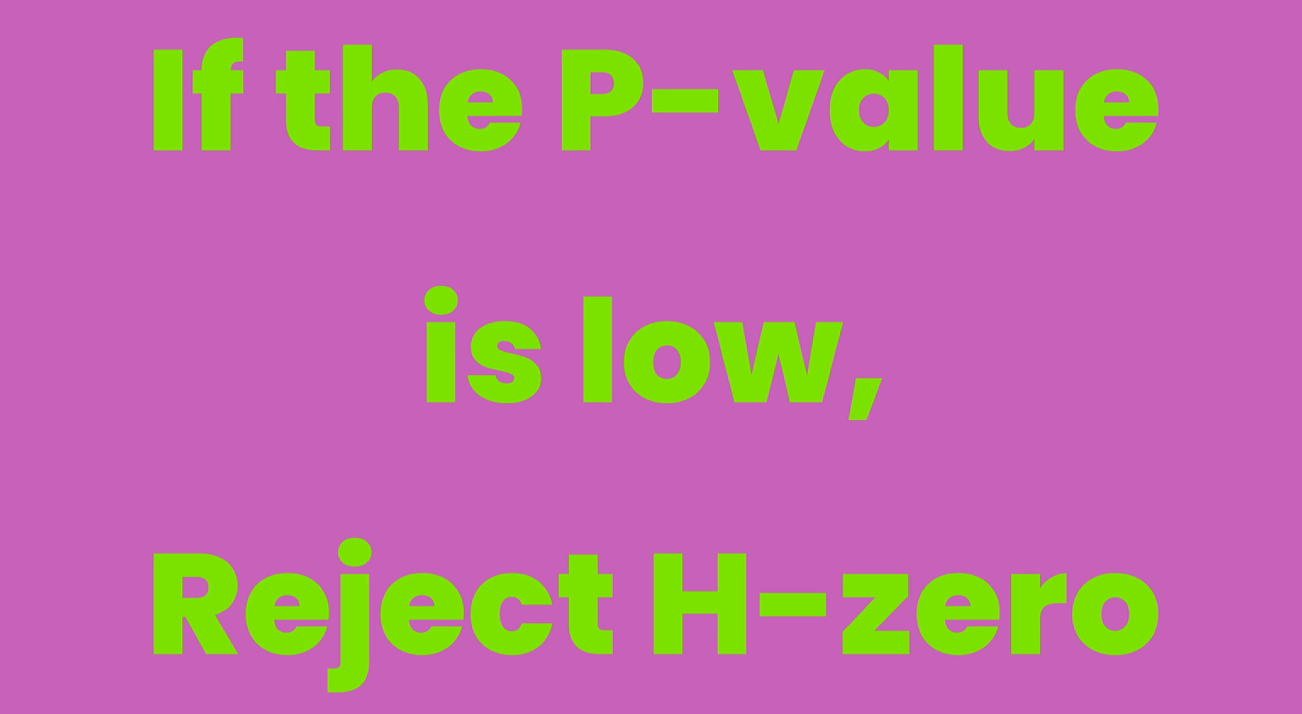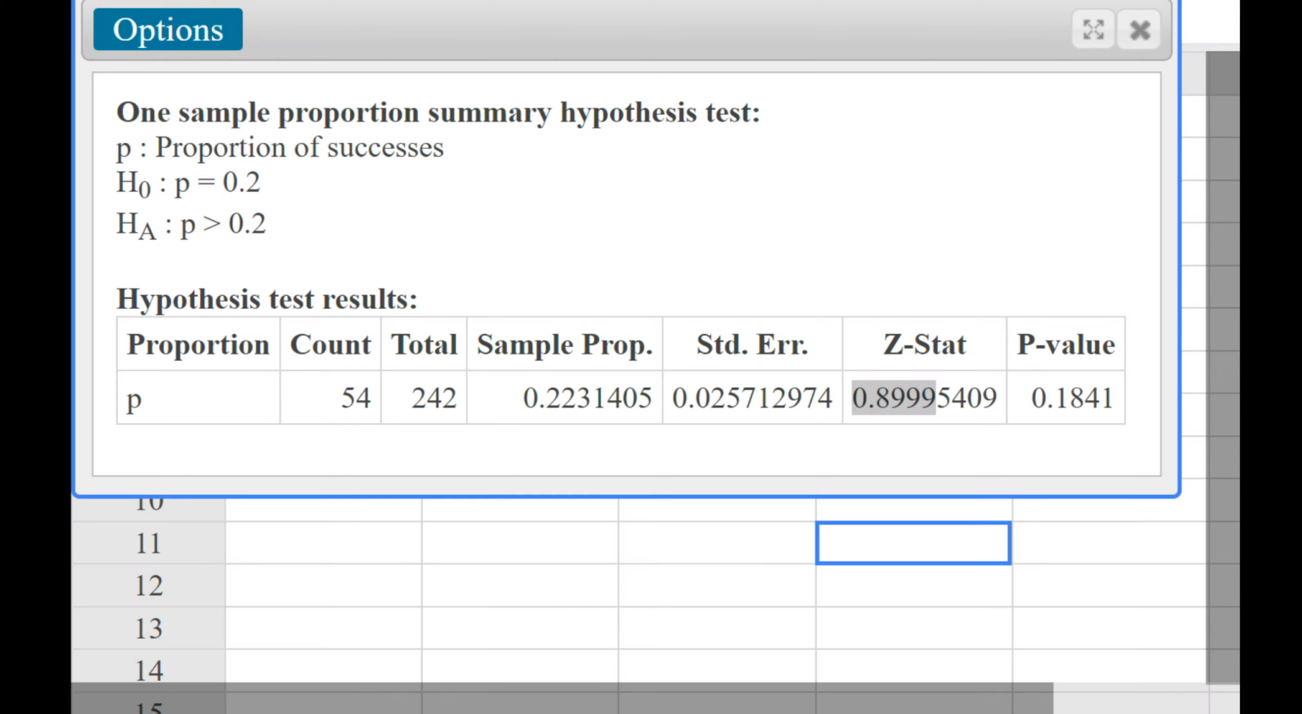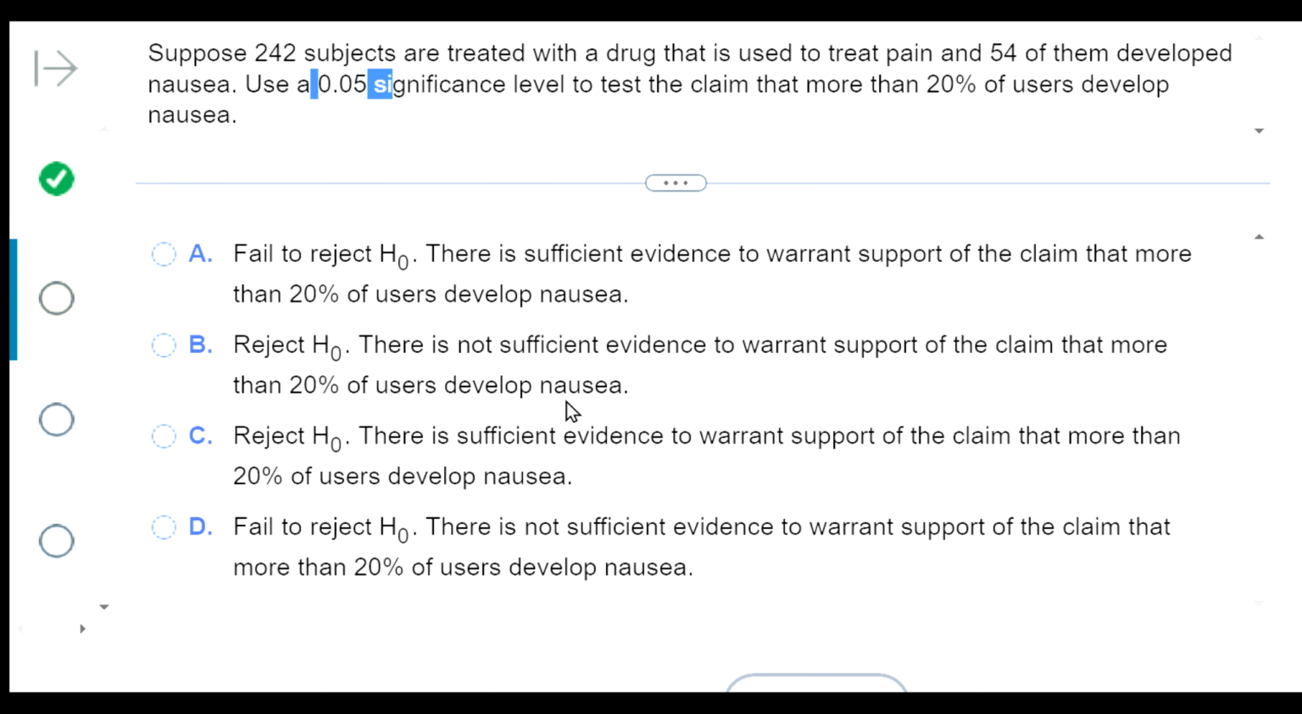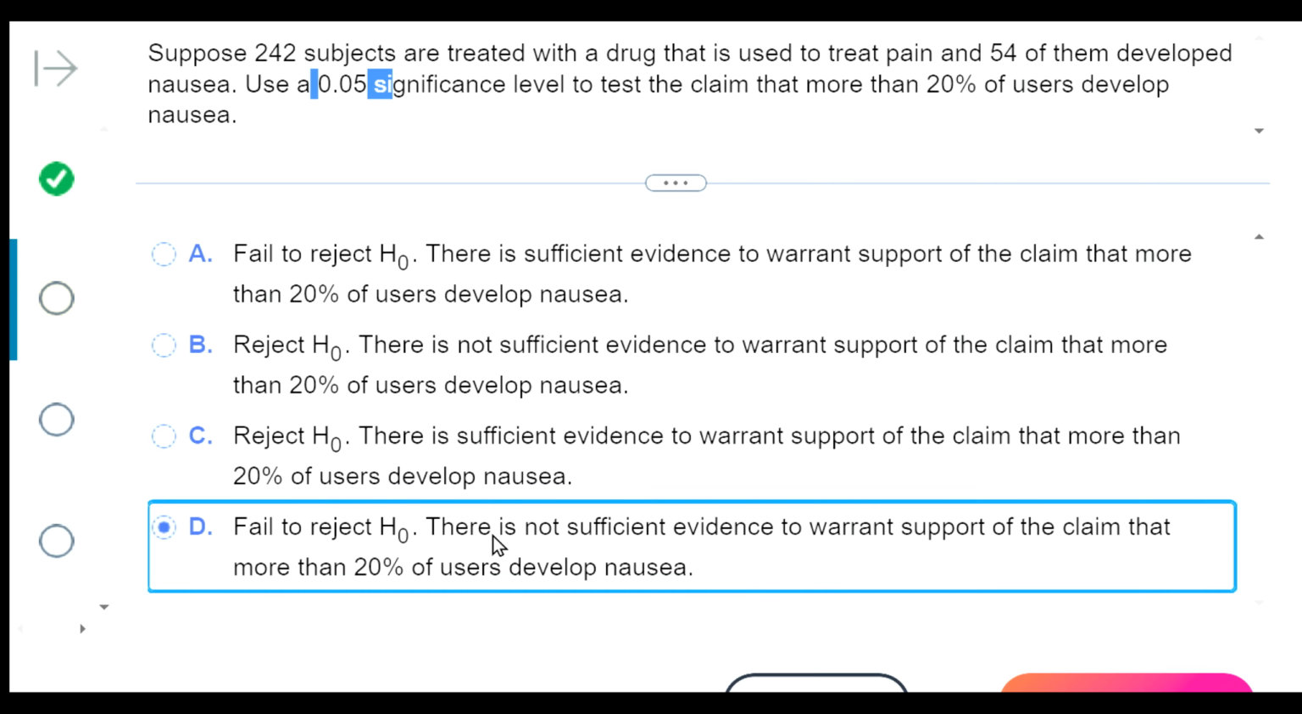Time for the conclusion. If the p-value is low, reject H0. This p-value is 0.18. That's a lot more than 0.05. The p-value wasn't low. So I will not reject H0. I'm going to fail to reject. Every single time I fail to reject, I do not have sufficient evidence